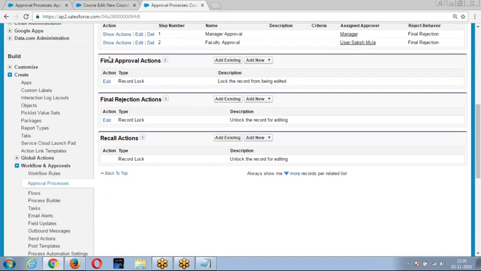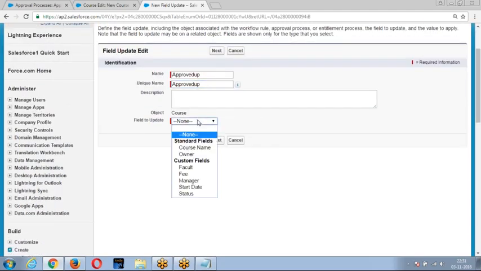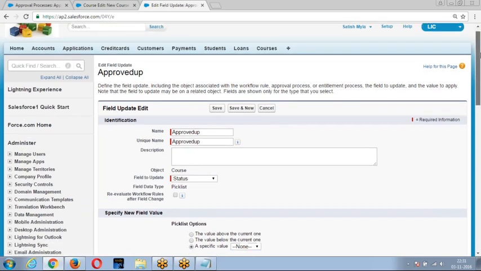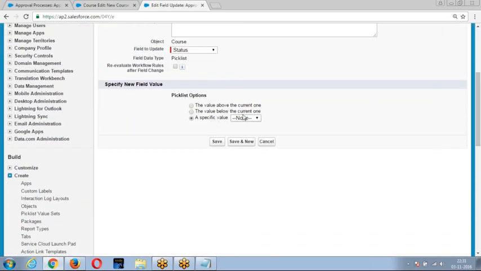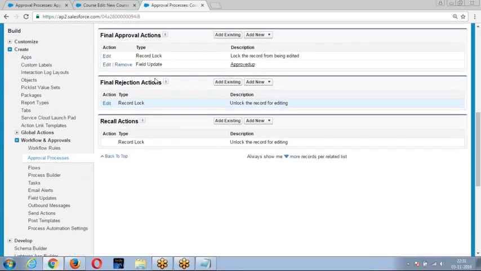Then finally, if the record is approved, meaning both of them approve, then make the status. Finally, if the record is rejected, final rejection action, make the field update.